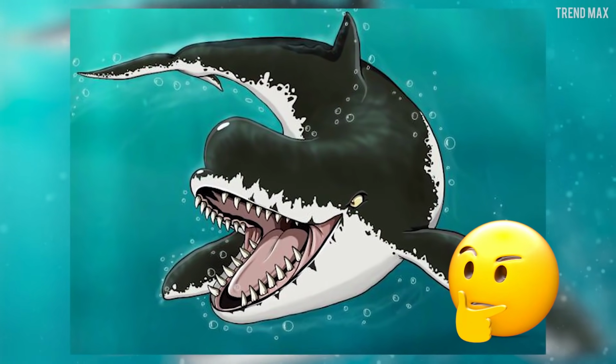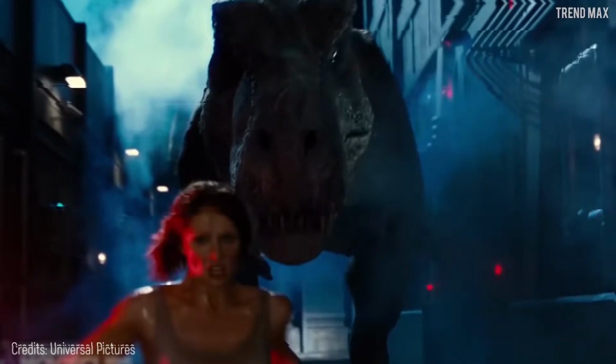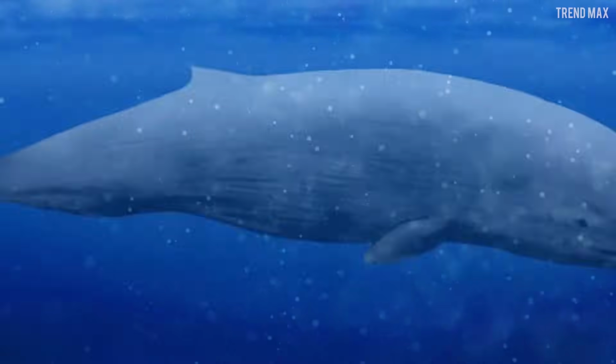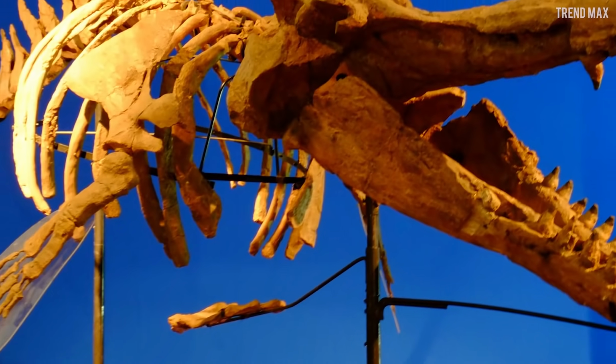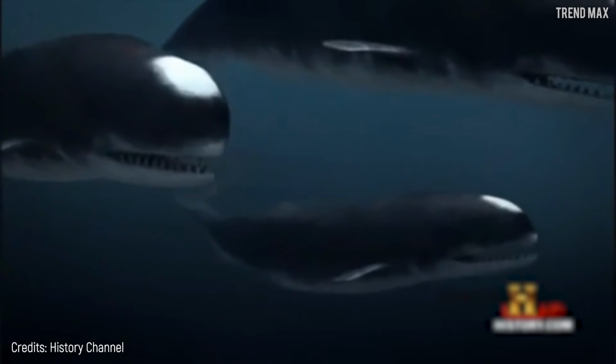Number 2. Brygmophyseter. Would you like to get an idea of what a Brygmophyseter looked like? Alright, imagine how fierce a T. Rex is, but in the deep sea. This cetacean shared some characteristics with this dinosaur, such as being one of the most feared apex predators of its time. The remains of this whale were discovered in 1992 in Japan, and this animal is thought to live there